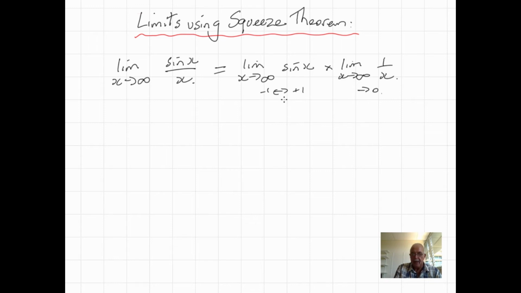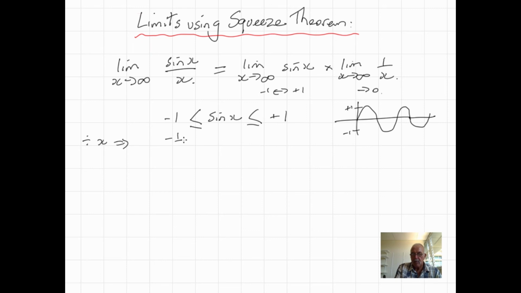Now we know that sine x lies between -1 and +1. The very nature of the sine graph, we know from work previously done with periodic functions, is that it oscillates between +1 and -1. So we know that, and if we divide, x is getting close to infinity, so x can't be equal to 0, so we divide right through by x,